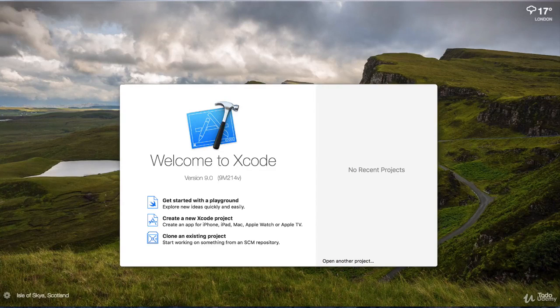So you can toggle it to show each time you open up Xcode or not. It's quite a neat way of viewing